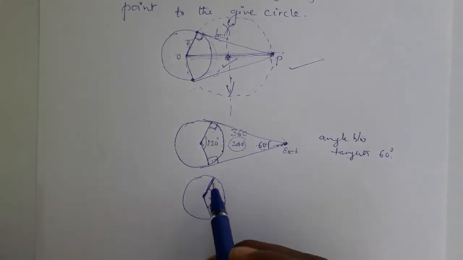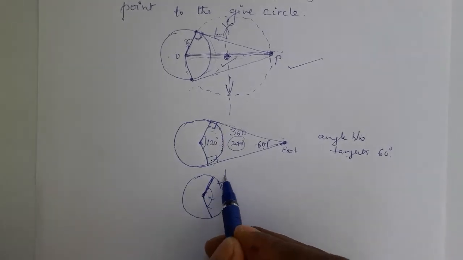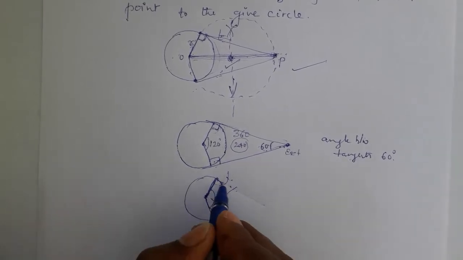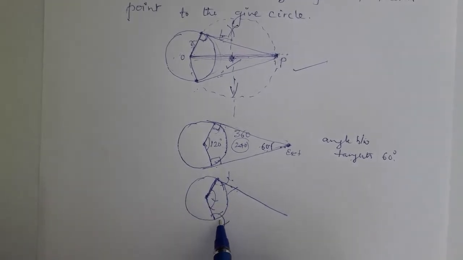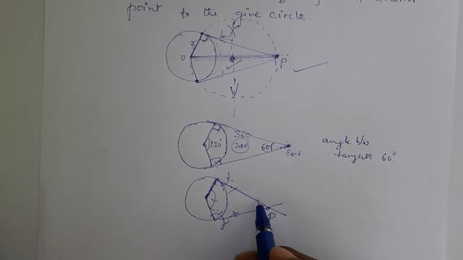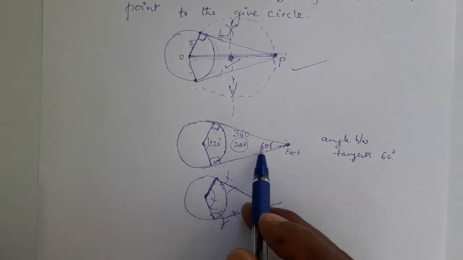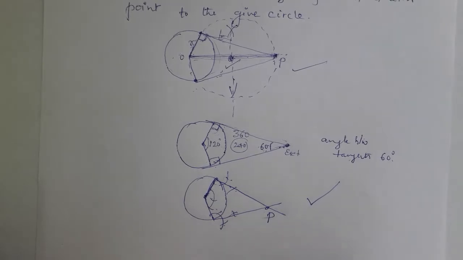Two radii are over. Next, this radius and what angle are we seeing? 90 degree. So construct 90 degree over here like this. 60 and 120 degree are between the 90 degrees, that you know. Next, this side also, what angle are we seeing? 90 degree. So construct 90 degree like this. 60, 120, 60 and 120 degree between, like this. Finally, both are meeting at one point, that is the exterior point. If you verify, this angle will definitely be 60 degree because the total sum of the given quadrilateral is always 360 degree. By this way, this second method of construction of two tangents will finish.